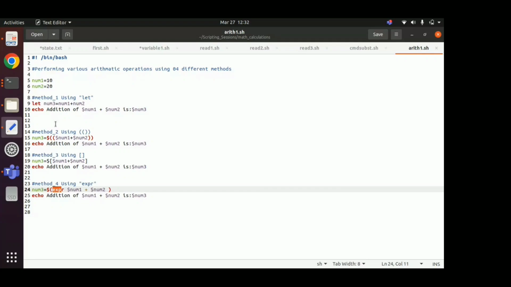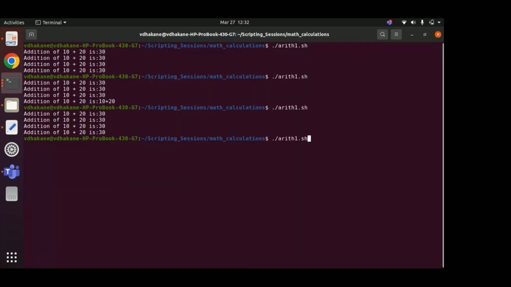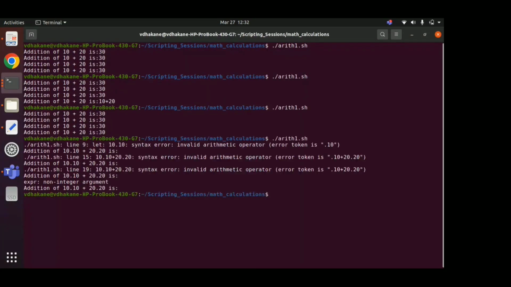Yes. Now, let me make one more change here. Now I want to do the floating point operations. So I will make it 10.10 and I will make it 20.20. Let's see what result we'll get. We are getting a number of errors there